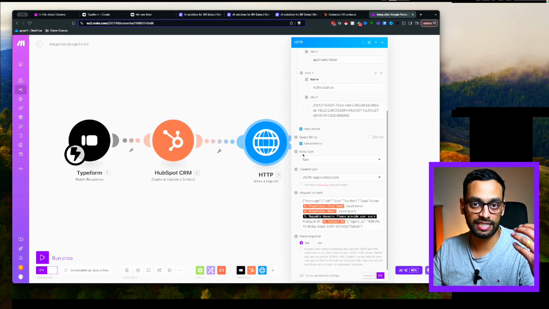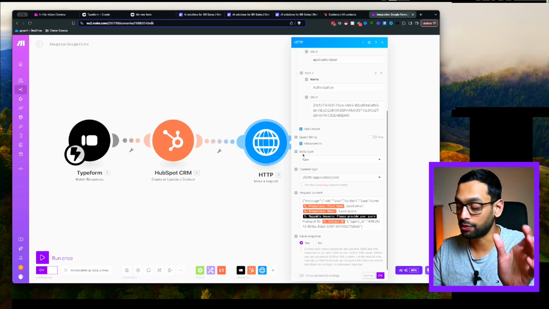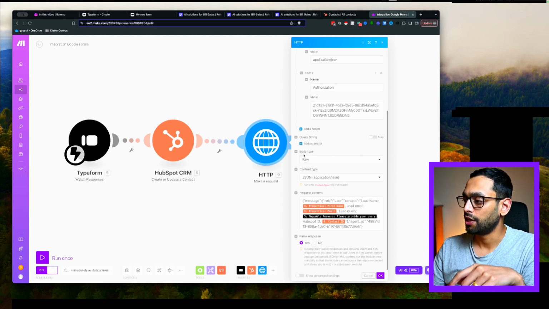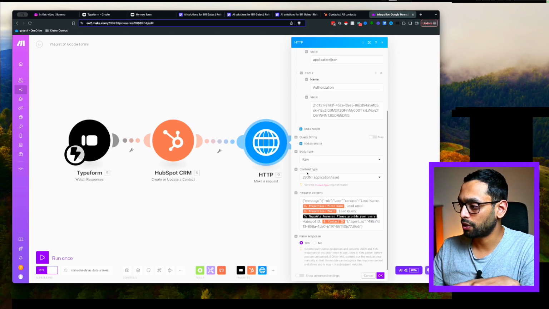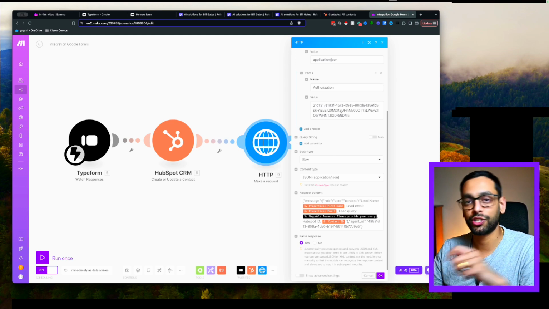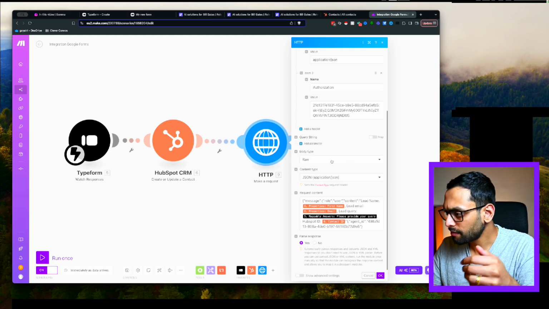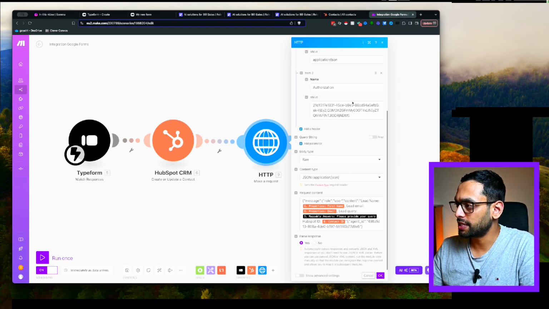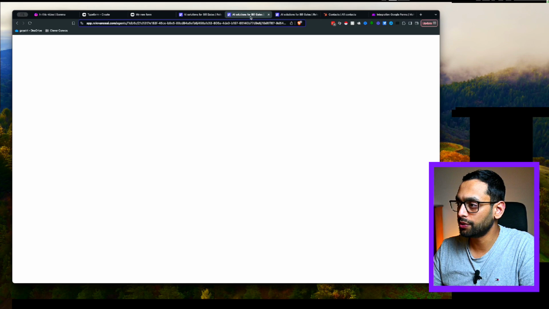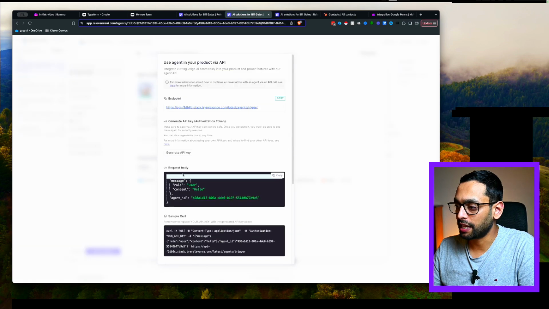Now you want to actually send the message and the variables across through to Relevance AI. For body type, you need to hit raw. Content type is JSON, as we've mentioned in the headers that the API is going to be sending across a JSON file. So that's how the system knows what to expect. And then in your content message type, there's a specific format Relevance AI has told us to use. So if we go back here, look at this request body section here, you can just copy that